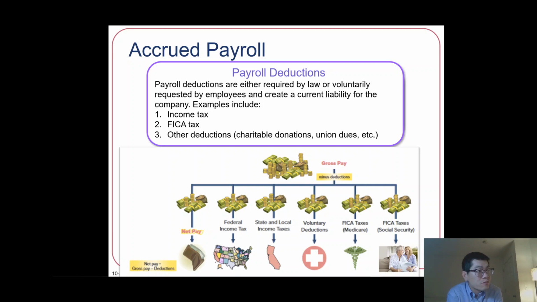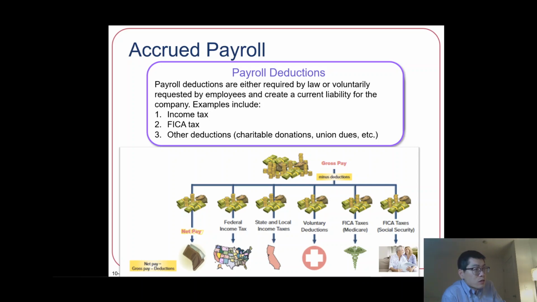The second one is FICA tax. Basically, that is your Social Security taxes and Medicare. Those two are used for your retirement payment and your retirement medical insurance after you retire. And there are other deductions like charitable donations or union dues. So we pay two different income taxes in general. One is federal income tax and the other one is